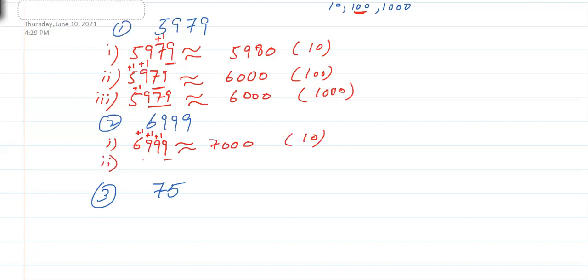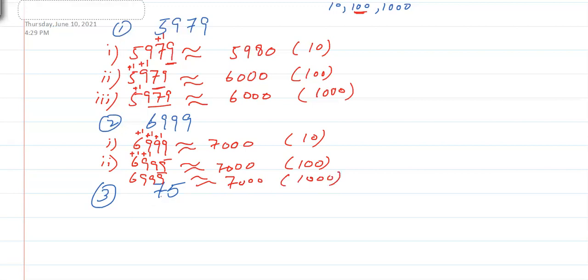Similarly, when you do it for the nearest 100, these ending 2 digits we have to make 0. So it will be 0, 0. So it will add 1. Now 9 plus 1 is 10. For 10, I will write 0 and 1 will carry. So that will be 7000 to the nearest 100. Now for 1000, it will be the same also. 7000.